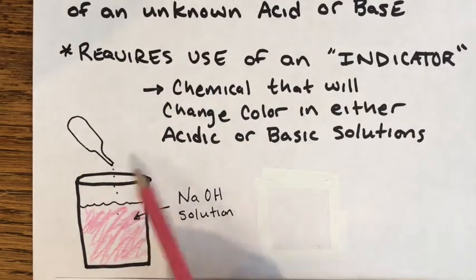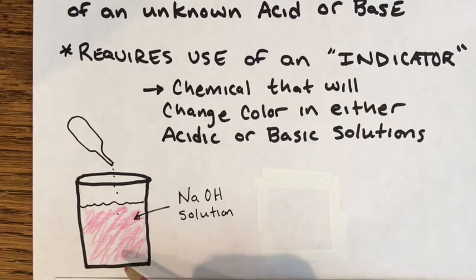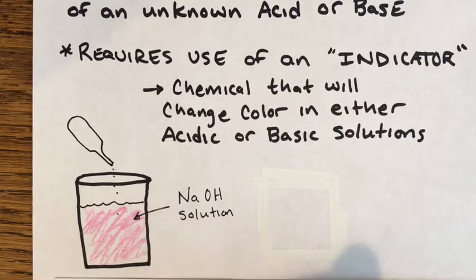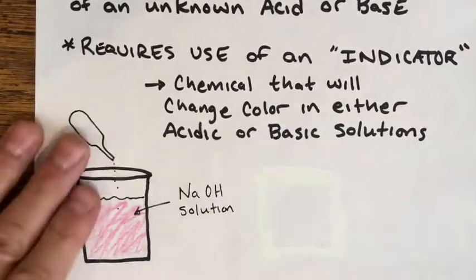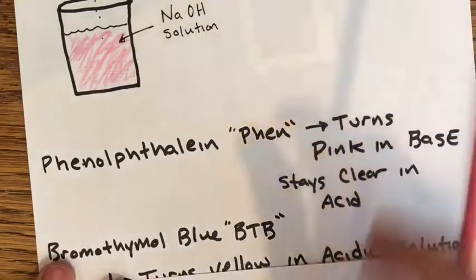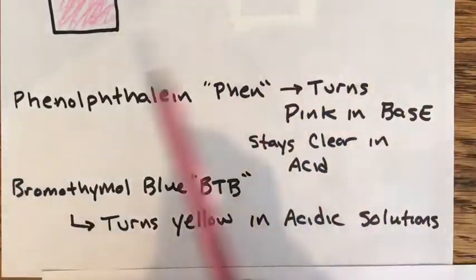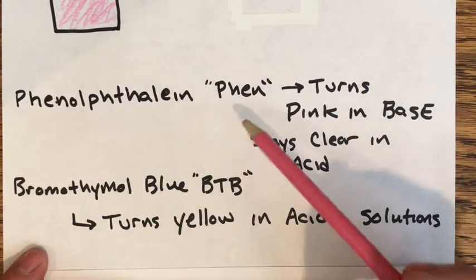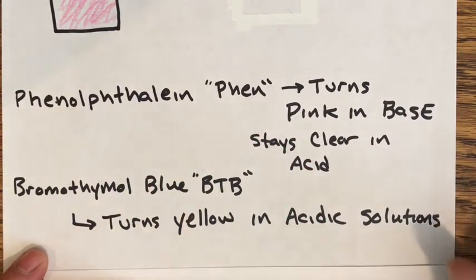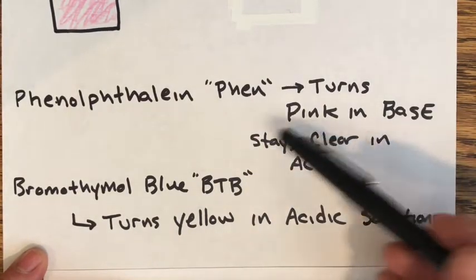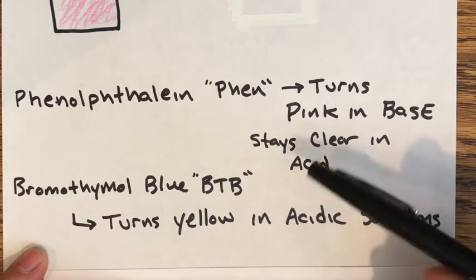So an indicator is used to determine whether something is acidic or basic. And so if you didn't know what this stuff was and you put this indicator in and it turned pink, you wouldn't know much about it, but you would know that it is basic. Anyway, so here's phenolphthalein. It's a terrible word to say and even a more terrible word to spell. Phenolphthalein. We abbreviate it PHEN typically, and it turns pink in a basic solution, but if you added it to acid, you would not see any color change. It only indicates